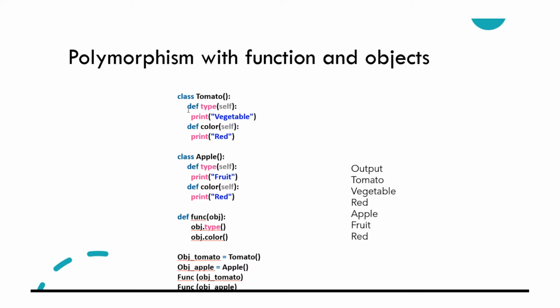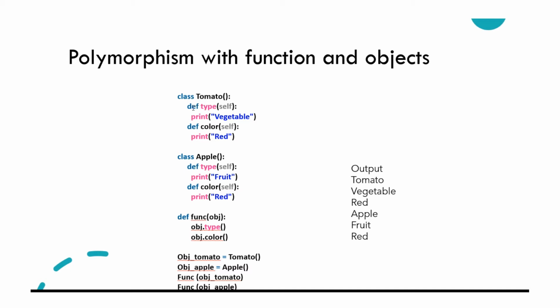Okay, the type is a function, so we are calling the object of the same class itself. That's what self means here. Here self means the object of the given class tomato. Okay, so here we are defining the type of the class and then the color of the class tomato. So we are defining a tomato's type and tomato's color. Okay, so we are trying to tell some attribute or some behavior of this class object.